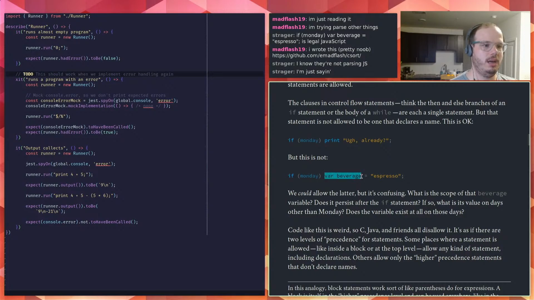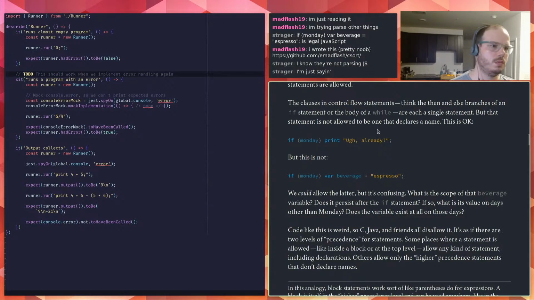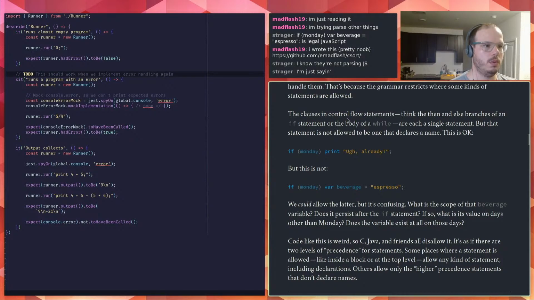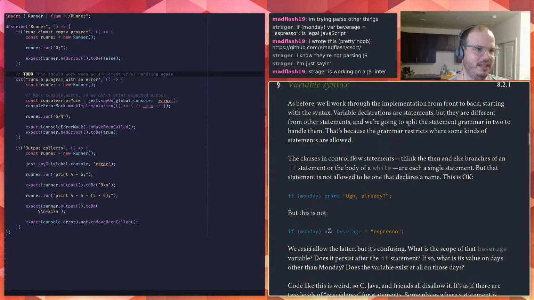But, I'm sorry, in JavaScript. I didn't actually read this paragraph yet, so I was assuming he was talking about Java. But this is not Java, obviously.